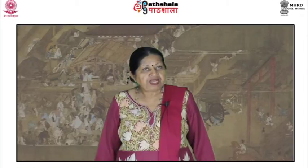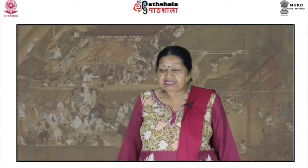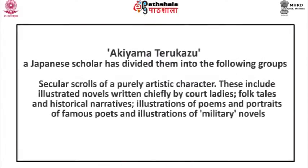On the other hand, over 100 sets of hand scrolls, e-makimono, dating from the 12th to 14th century, have been handed down in temples or private collections. It is in these scrolls that the development and variety of Yamato-e could be studied. Akiyama Terukazu, a Japanese scholar, has divided them into the following groups: